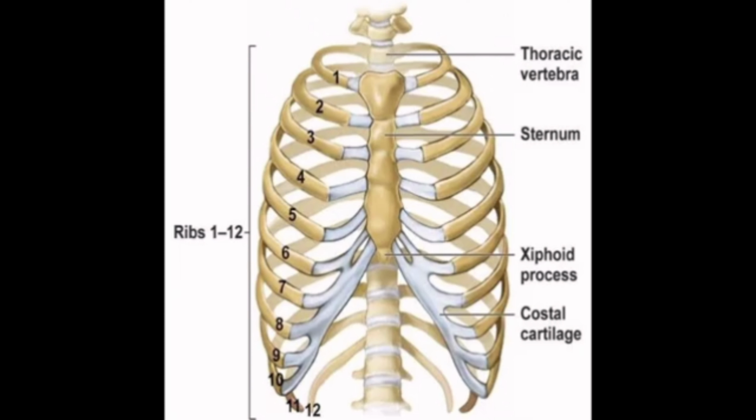What is sternum? The bone which is situated in the center at the front of the chest is called sternum. You can see in this picture. And towards the back of the rib cage, there are bones connecting the sternum to the vertebrae, and the ribs cover the chest on both right and left side. Okay, so this is the diagram of ribs.